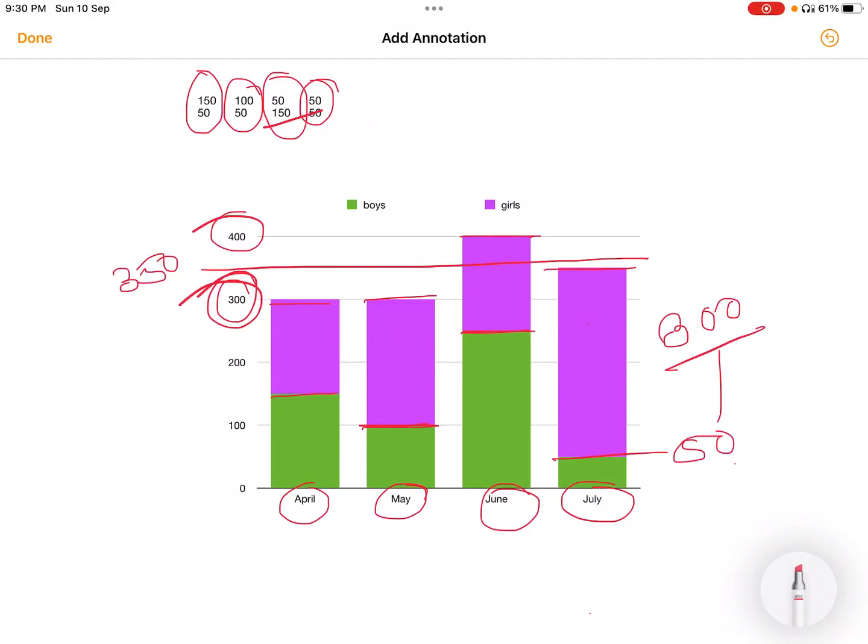ठीक है, सब डिवाइडेड का मतलब होता है कि एक ही ग्राफ में हम दो डेटा रिप्रेजेंट कर रहे हैं. ओके,